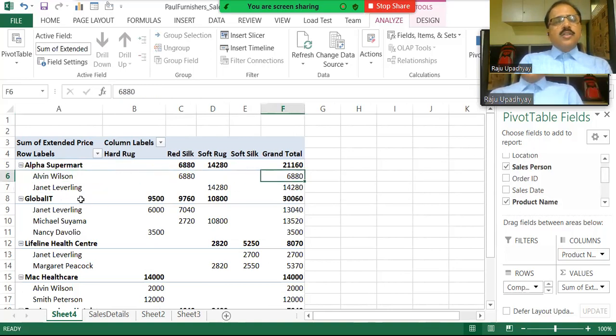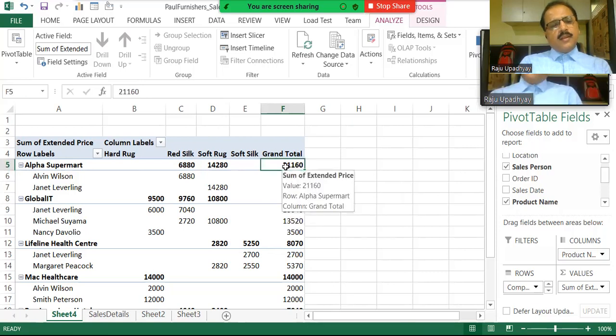Janet Lavering has done the sale of 14,280. And if you combine both the sales together, it comes to 21,160. So we have elaborated our report. Now, again, my management wants that